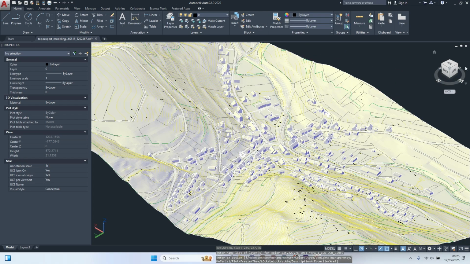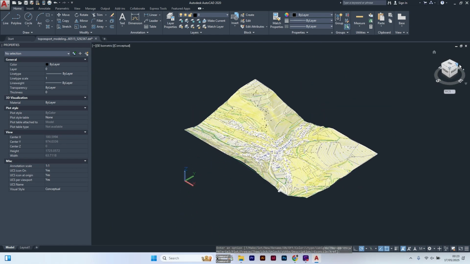Hi everyone, in this video I will show you how to generate a 3D terrain in AutoCAD in less than